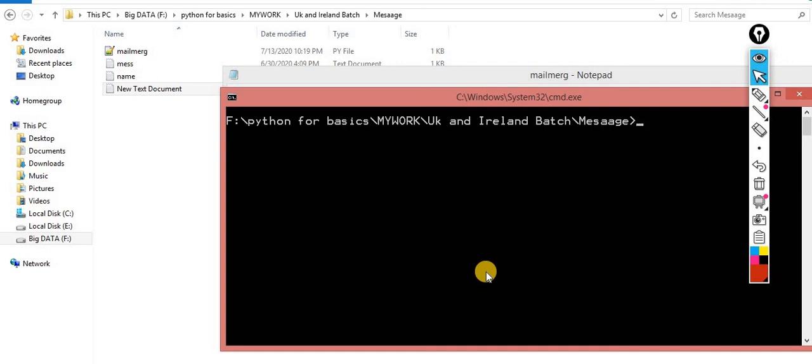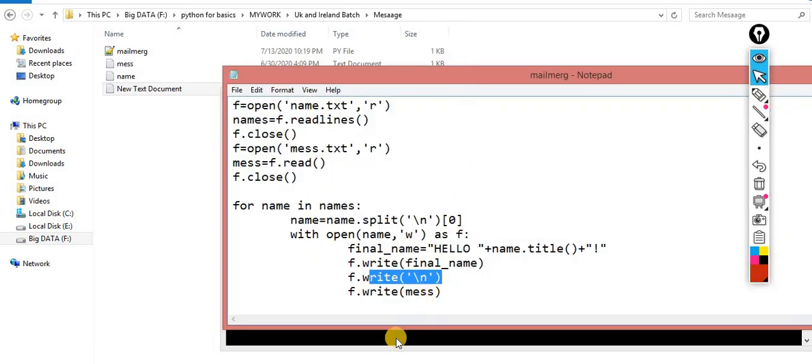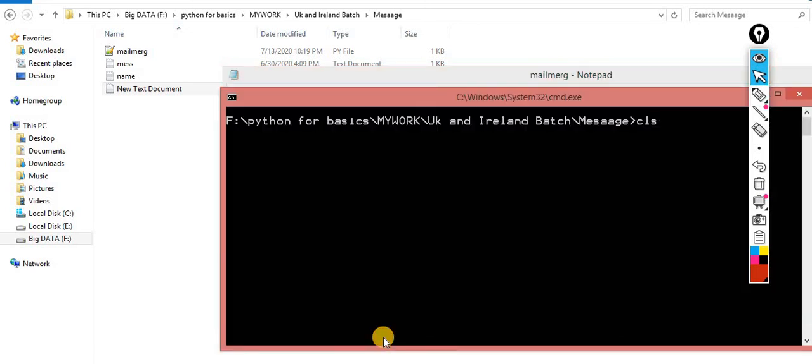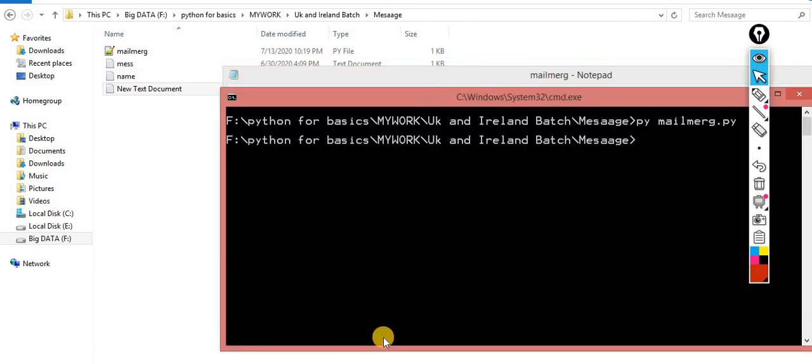A question came up: how can we create a file without the .txt extension? Automatically it will create it, but it will not create a text file. I suppose it will create a generic file. I will come to that point. Now you can check it out.